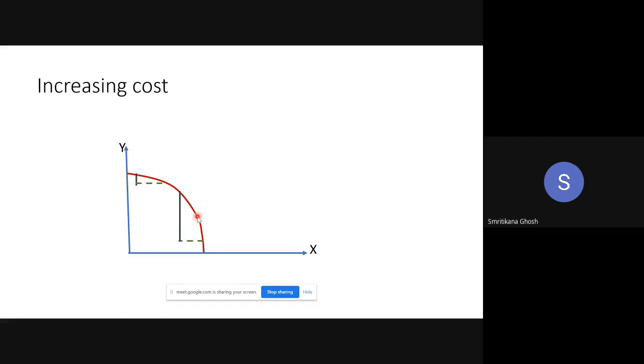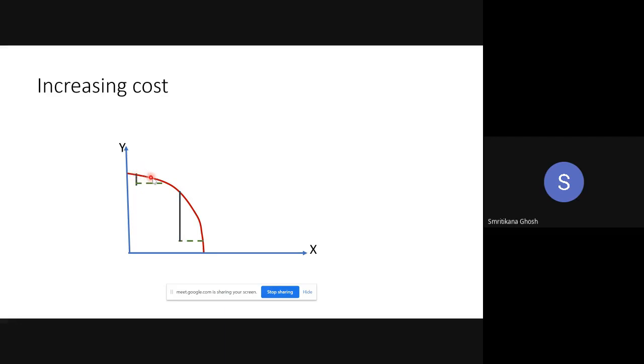This is called the concave shape. Why? Because it is just like a cave. So it is concave with respect to the origin because it's just like a cave. If you just look at the shape, it is a cave. So it's called concave. This is how you can remember the shape. This is not the actual reason behind the name, but to remember, you can use this thumb rule, that it is like a cave, so it's a concave.